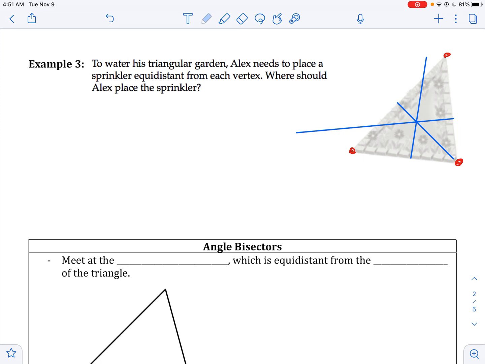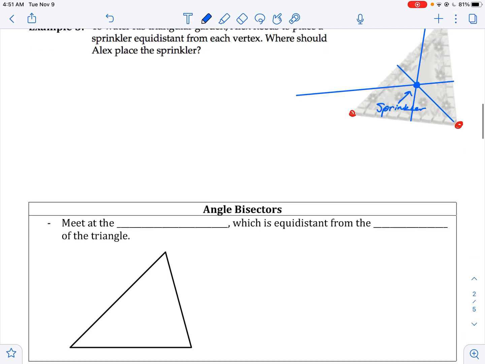And it looks like this one's going to be my circumcenter. This time it is inside the triangle. So sometimes it is inside the triangle, sometimes it is outside the triangle. And that looks like it's the best spot here to put my sprinkler. Now, angle bisectors are a little